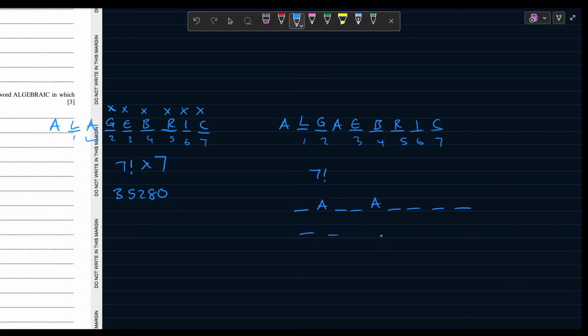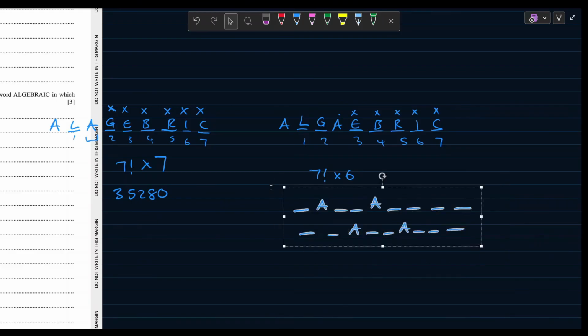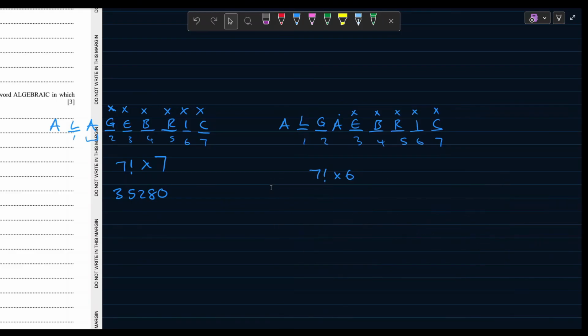And then we keep pushing these A's down the line, but still maintaining our gap of 2. So how many scenarios are those going to be? This here is our first scenario. So that's 2, that's 3, that's 4, that's 5, that's 6. So you multiply by 6. And so 7 factorial by 6 gives us